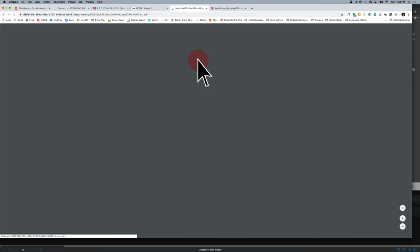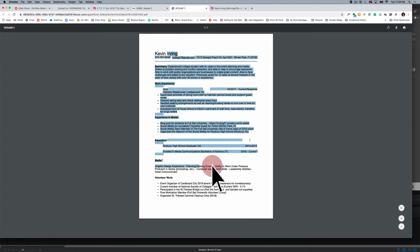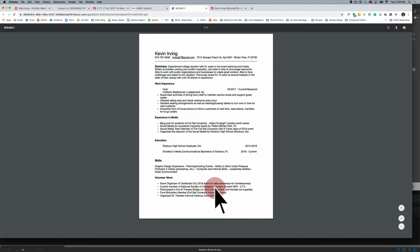Click here to see the resumes. So we've got the PDF. So all that is looking great. One thing I want you to make sure that you're doing is that anytime you're sharing a resume, you're not doing it as a picture of words, meaning a screenshot of this. Because I can select this text, it means that it is able to be indexed by search engines, which is what you want so that people can find you when they search for terms associated with your skill set